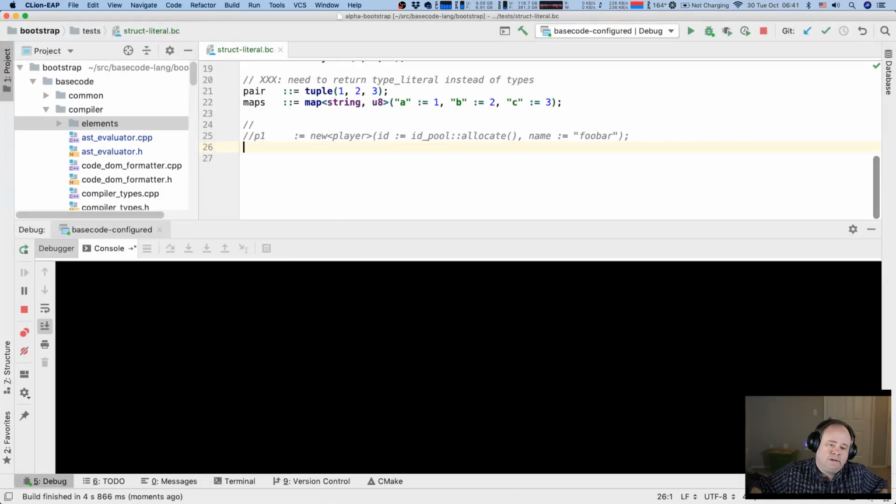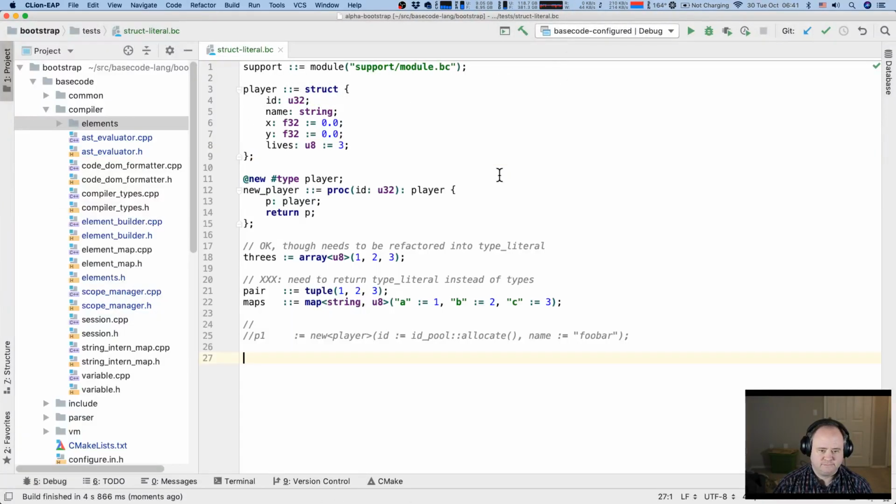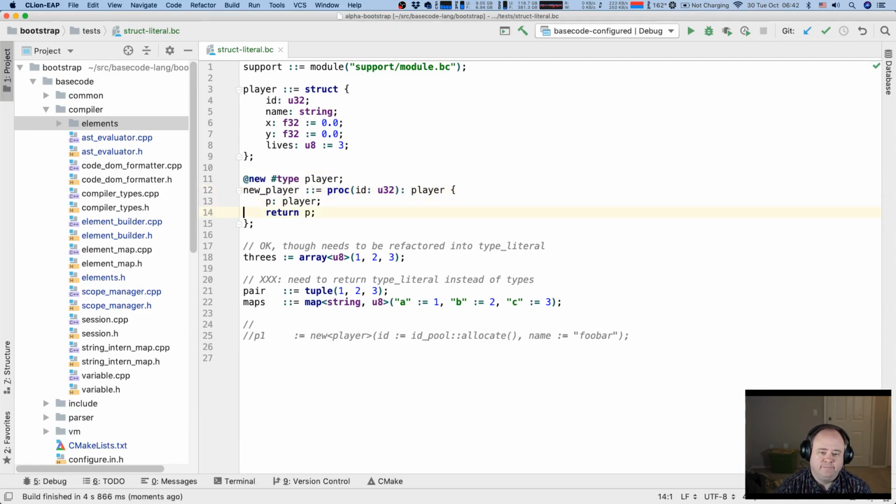Yes, the new construct is built into the Bootstrap compiler, but I would plan on making it customizable. And whatever return type here, this could get kind of clever.